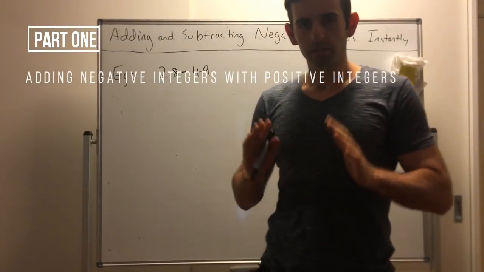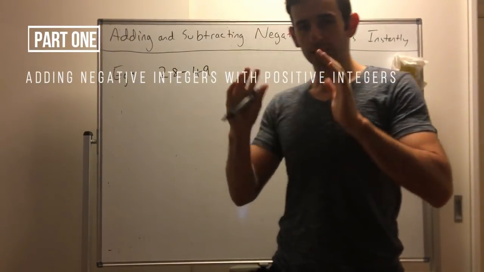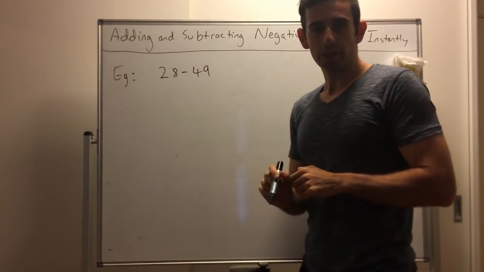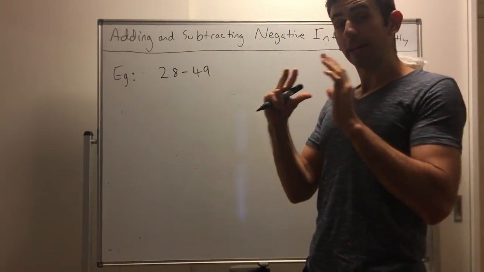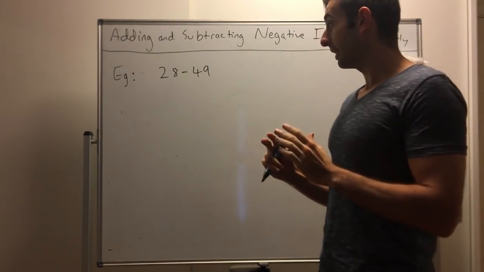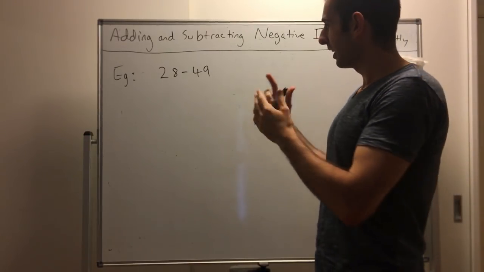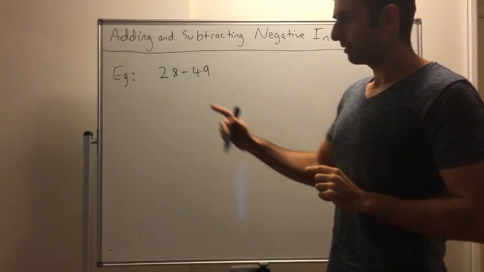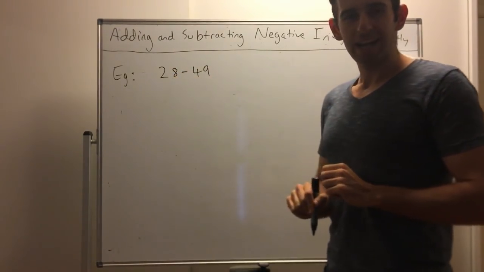Alright, part 1, adding negative integers with positive integers. Let's consider this example, 28 minus 49. If you try to directly compute that in your head, it's going to take you a while, because then you're going to think, we go backwards, it's a nightmare. So when you take a positive integer and subtract a bigger integer,